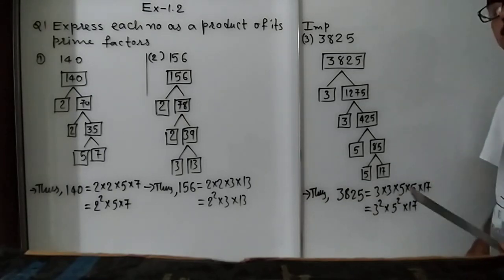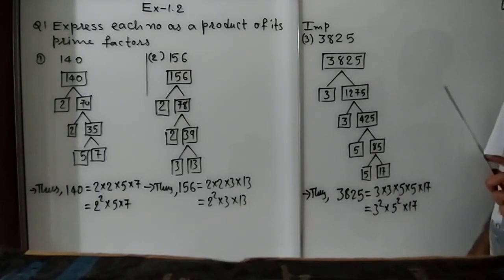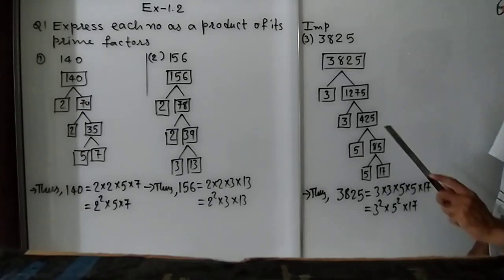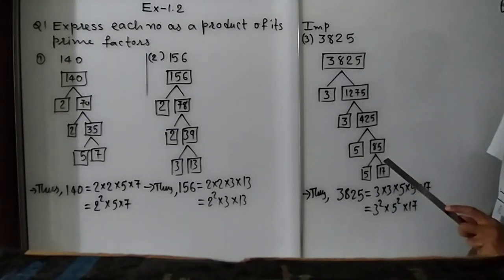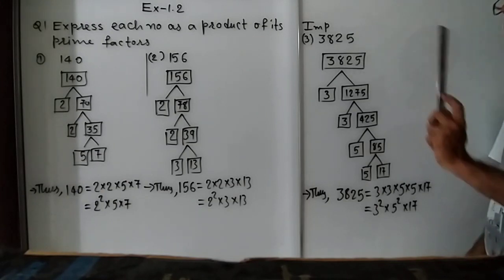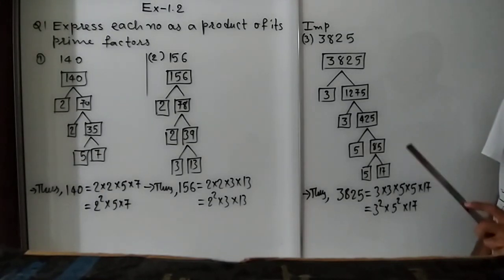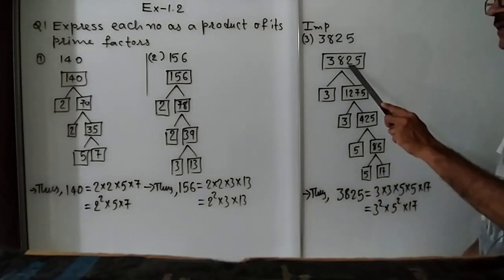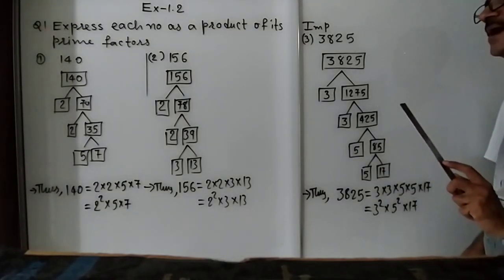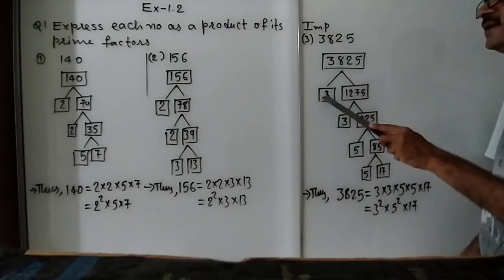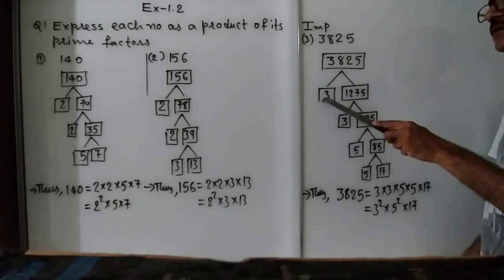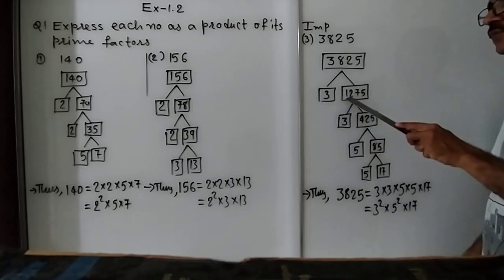First, the unit digit is 5, which is not even. So, this number is not divisible by 2. Then we take the sum. 3 plus 8, 11. 11 plus 2, 13. 13 plus 5, 18. Is 18 divisible by 3? Yes, 6 3s. Then this entire number is divisible by 3. Let's divide it in a rough page. As we divide in the rough page, 3 into